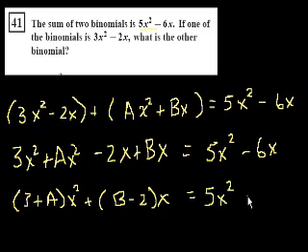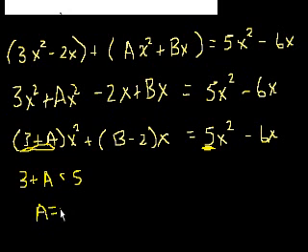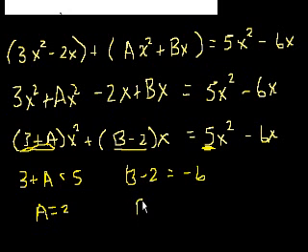5x squared minus 6x. And now you just compare. If you just look at the x squared terms, 3 plus a has to be equal to 5, right? Because that's the coefficient on the x squared term. So 3 plus a is equal to 5. Subtract 3 from both sides. You get a is equal to 2. And then we have b minus 2. b minus 2 has to be the coefficient on x here, so it has to be equal to minus 6. Add 2 to both sides. You get b is minus 6 plus 2, which is